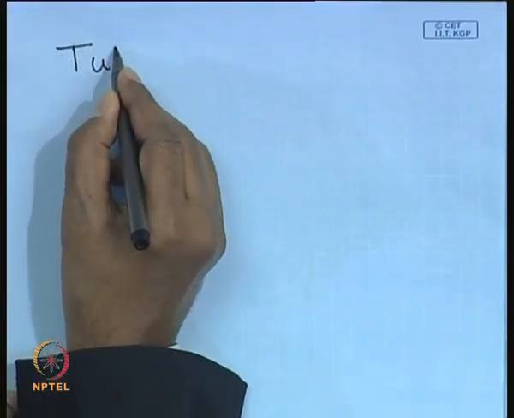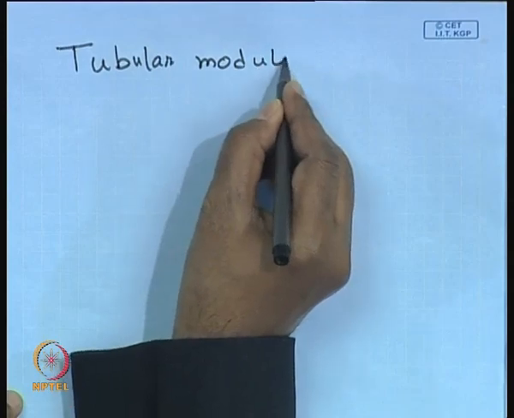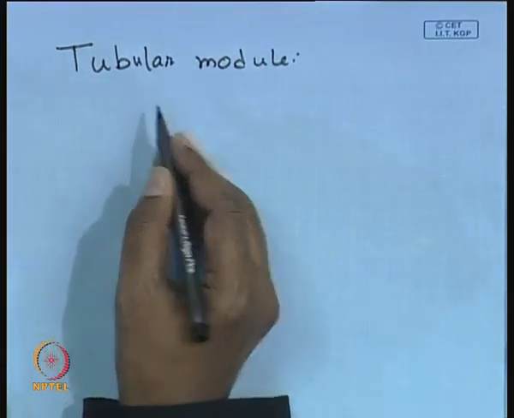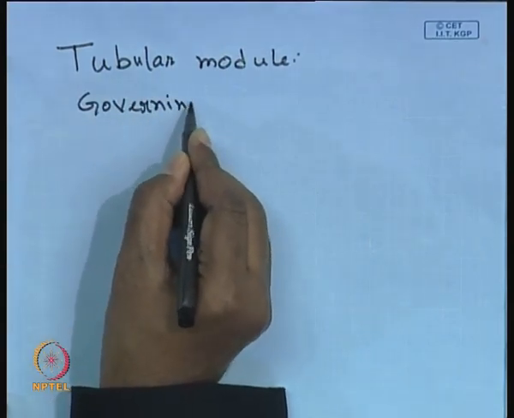Under these conditions, how the membrane module design can be carried out. Okay. So, in the last class, we just finished how to do the modeling or analysis in case of the rectangular coordinate system that is applicable for the plate and frame and spiral wound module. In today's class, we will start with the tubular module. Okay. So, here let us write down the governing equation for the tubular module,